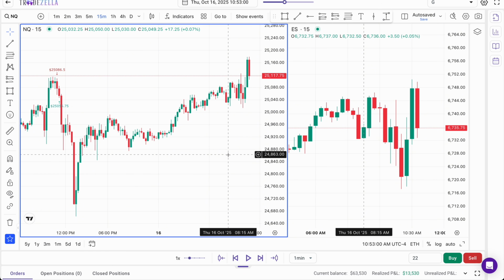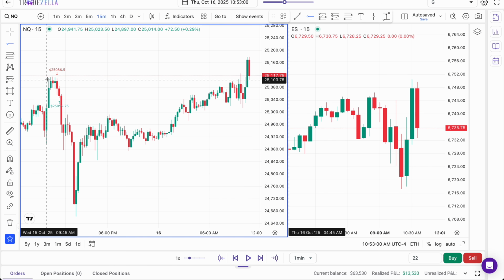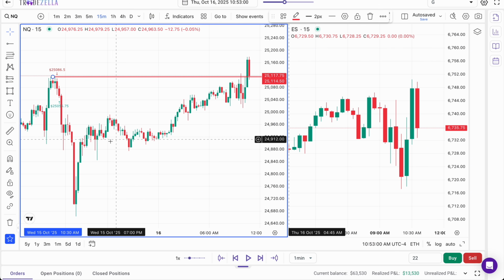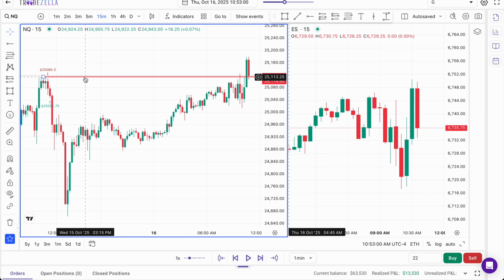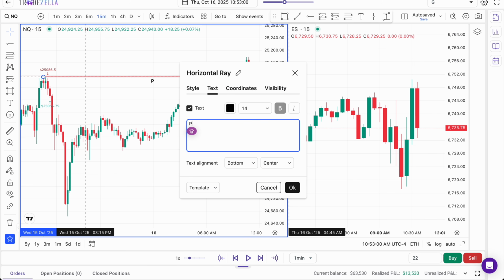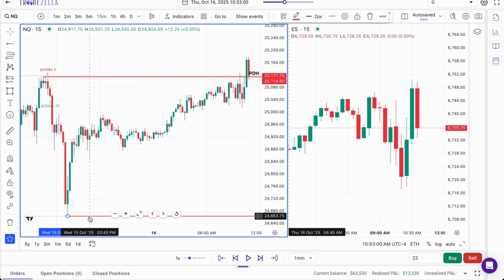Alright guys, looking at Thursday the 16th of October as of last week, on the 15-minute time frame, we're going to start by marking out the key levels and see which we've already taken out as of now. We've taken out trading on Wednesday, currently trading on Thursday, we've taken out Wednesday's high. So we've already taken out a major liquidity level of previous day high. And then a very obvious low, which you can see here, is previous day low. So we're going to get that marked out.